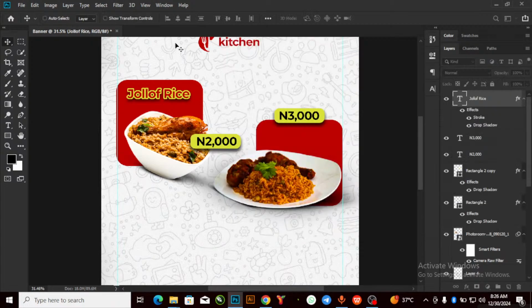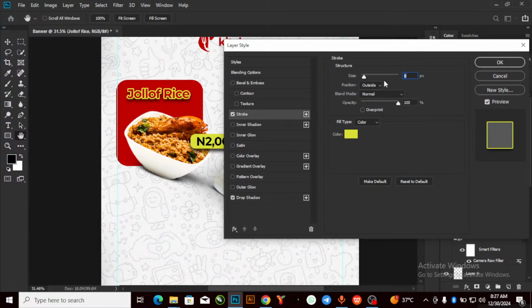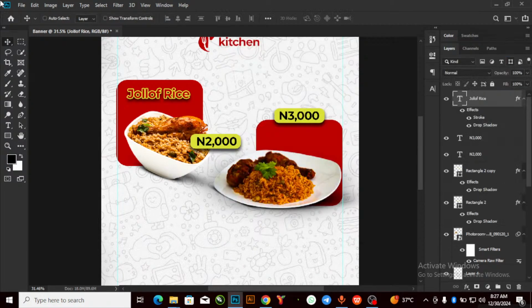So just click on OK, and the next thing we'll be doing is, I want to play with this jollof rice a little bit. Let me see, reduce the size of the stroke. I think it's too much for me. Let me make it 6. I'll click on OK. All right, to adjust the size of this stroke, I'm just going to right click on,